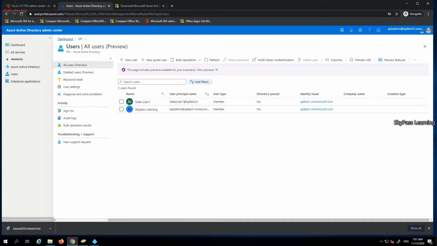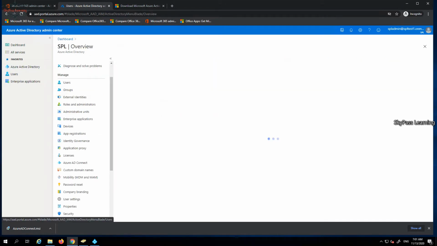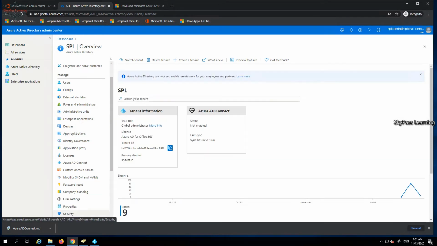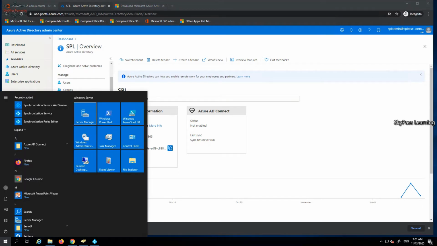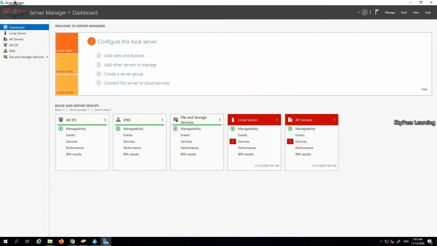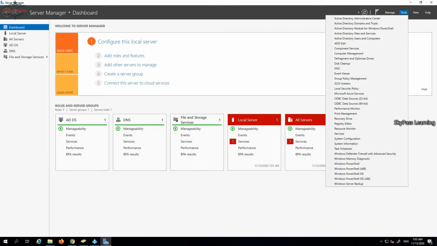So first I need to add this as a UPN suffix in my Active Directory. So I can just open Active Directory Users and Computers and Domains and Trusts.